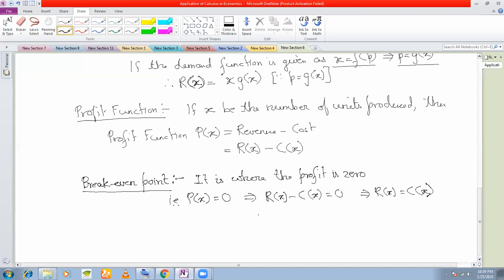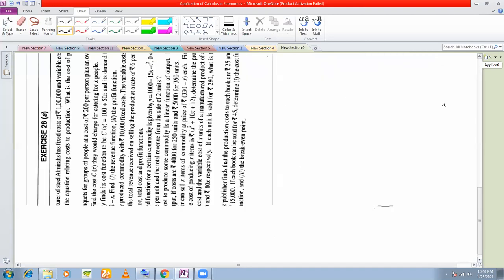He cannot produce many more, because then keeping a stock of that inventory will again have a cost, isn't it? So the question to Govinda is, how many units should he produce? This equation, where the revenue is equal to cost, will give you the answer. This much he should produce so that he reaches a break-even point, so that he can maintain his cost at least with the revenue that he is getting. Is the concept clear? Govinda, is the concept clear? Yes, sir. Let us take a sum.